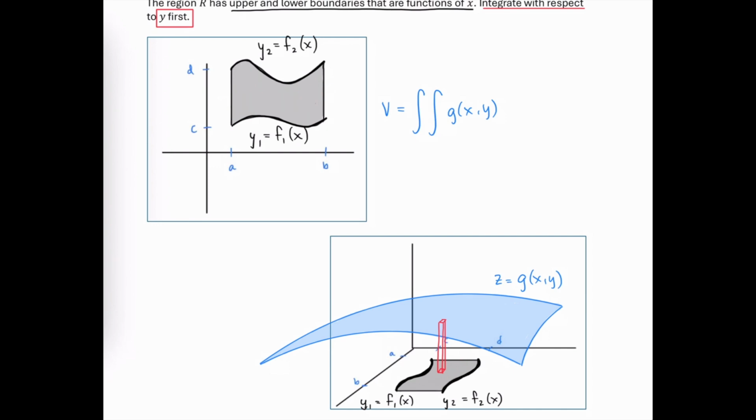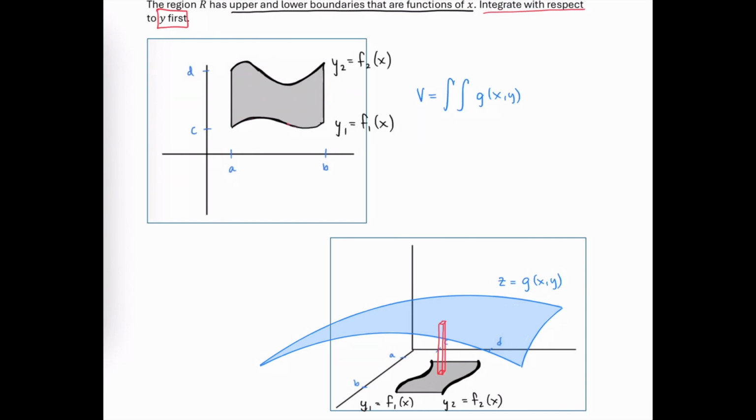When our rectangle floats all the way down into this corner, what we see is that we end up with a left and right limit of integration that are different than a and b. The left one is still a, but now the right one is this function of x. So because the left-right limits would be different up here than they are down in the corner, and even different up here than they are up in this corner, we really need to integrate with respect to y first,